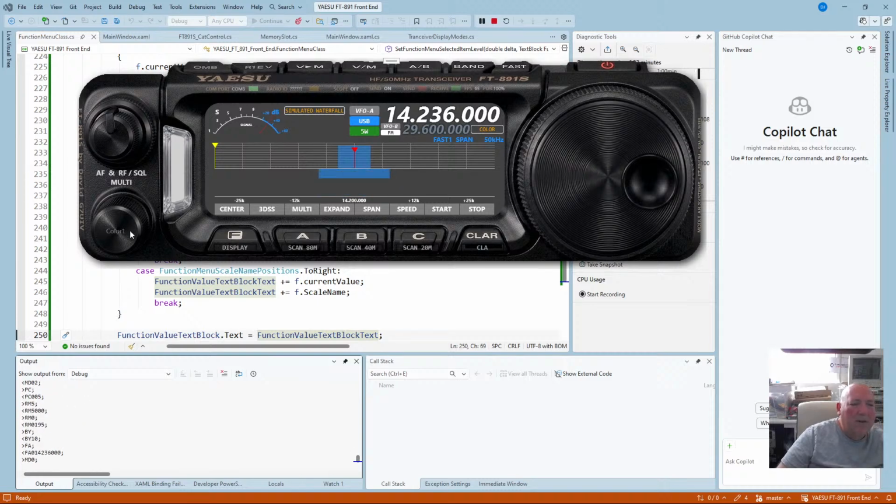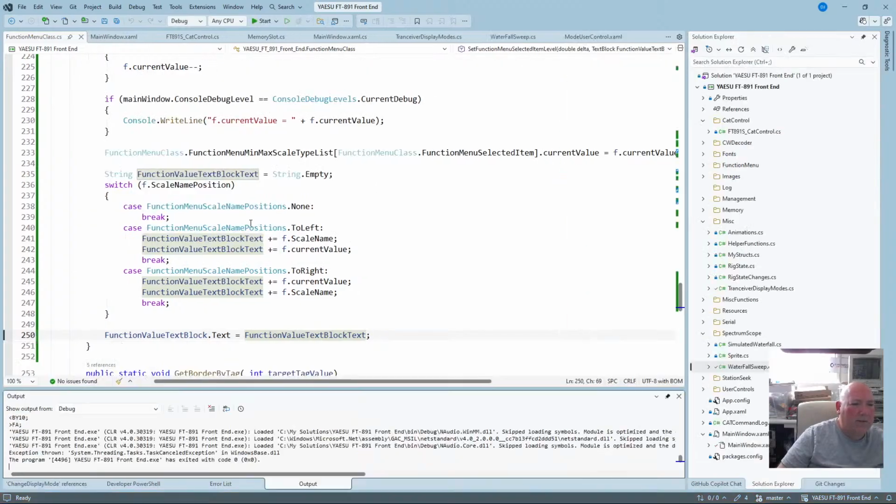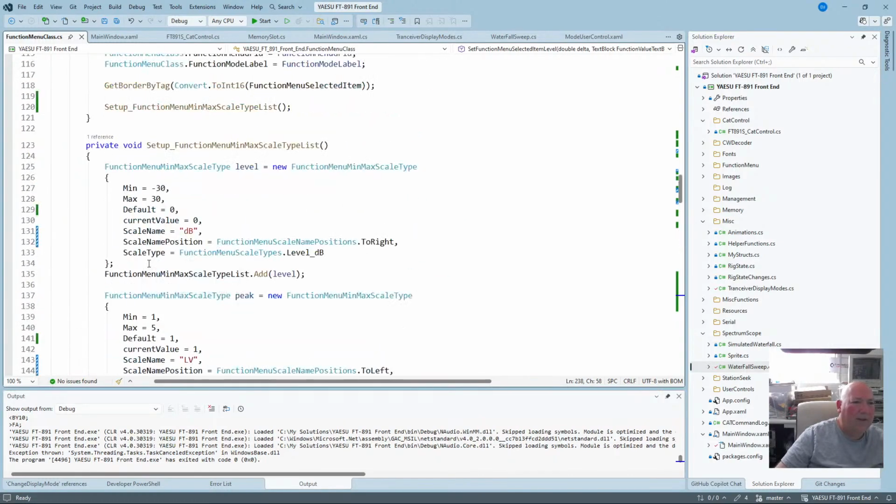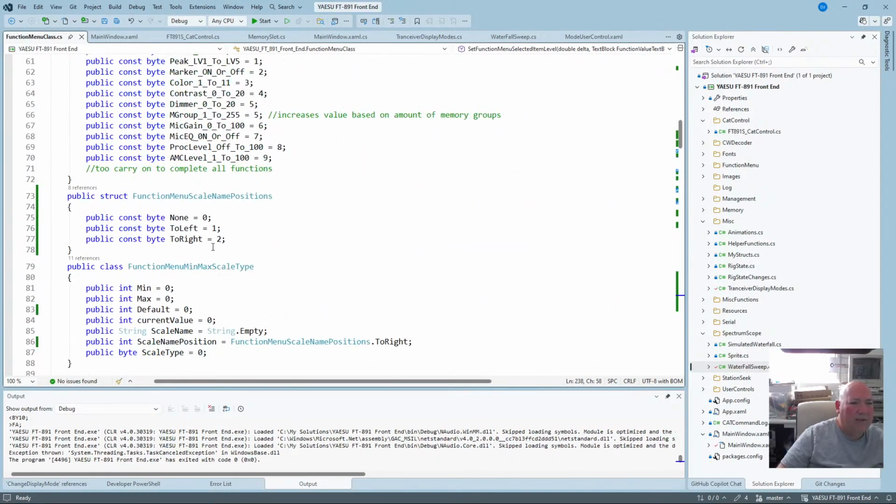Now marker, we need to make sure marker is working. So on off, we told it nothing. It's because we're doing nothing with the string here. So it's a string empty, so we need to say if we need a special occasion. Yeah, we need another one called on off. So we need to make a name position to the left, to the right, none. So if it's none,